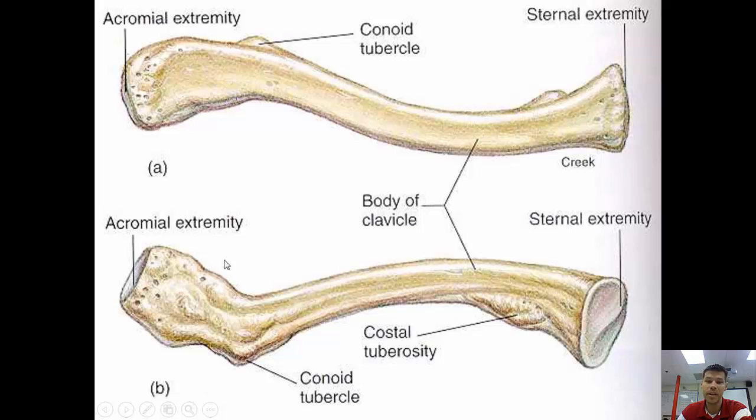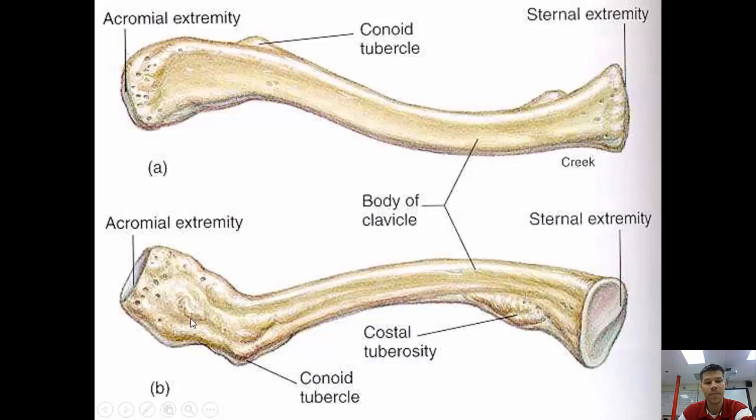Alright, now when we flip the clavicle over, we have two rough bumps. This rough bump on the sternal end is called the costal tuberosity. And remember, costal is usually associated with the ribs, and in fact, this costal tuberosity is for a ligament that goes from your clavicle to your rib, your first rib, and this is called the costoclavicular ligament, alright, at the